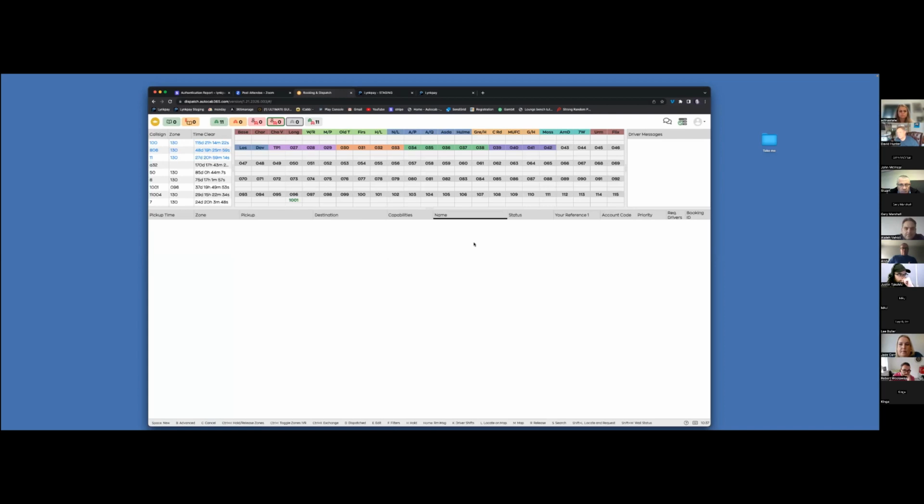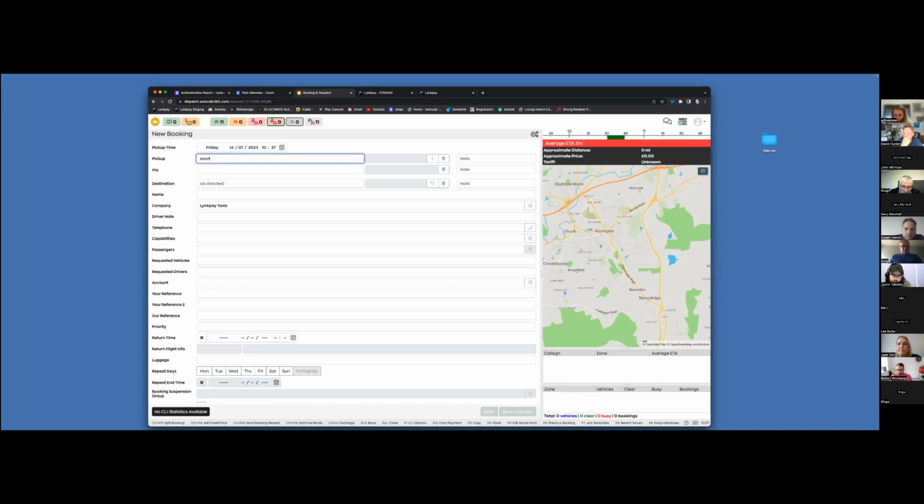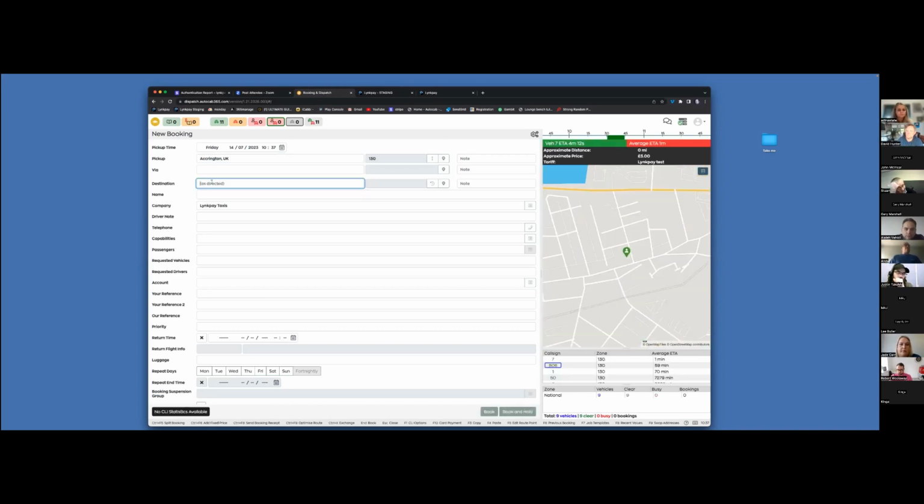I have been working closely with Neil Savage and Liam Vassier on a couple of other things for this. So one thing that I have requested in the if not this, do that section for the APIs that you attach is if a job has a value greater than X, then bring extra rules in. And there isn't one in there at the minute. But if I just go into here now and just make a quick booking for going to Manchester Airport,